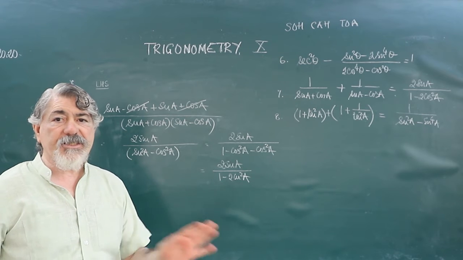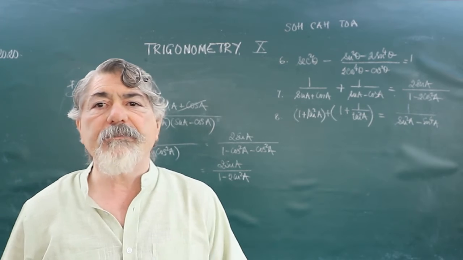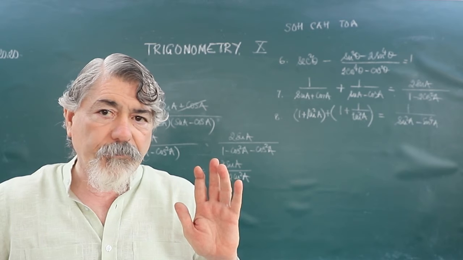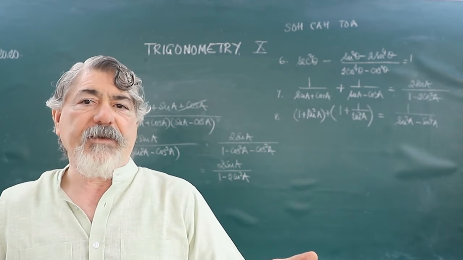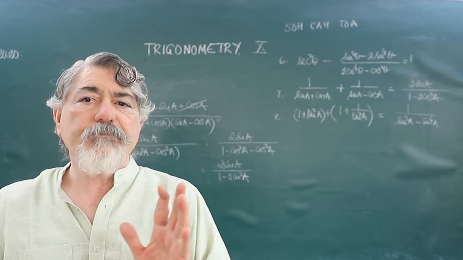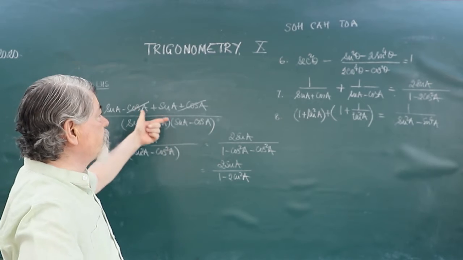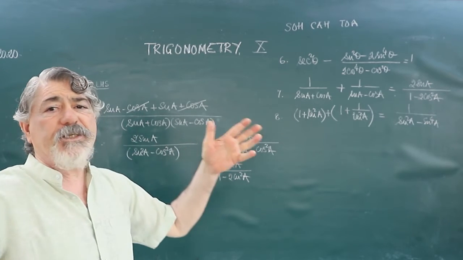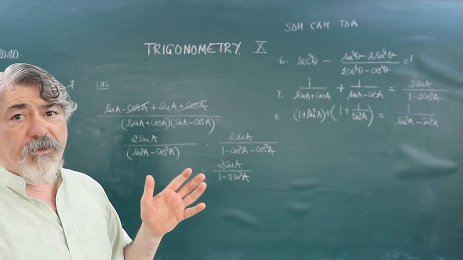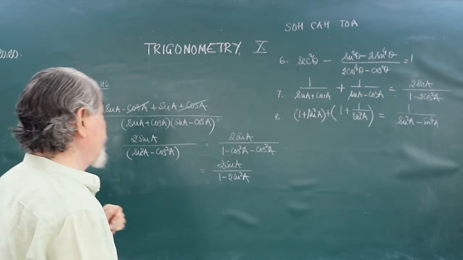So you will realize yourself after some time, it is nothing but manipulation. You are going to look at the right hand side. From the left hand side, how are we going to get the right hand side? That is what we are doing, and we are using principles which are known to us, or simple algebra. A plus B, A minus B, A square minus B square. Of course that calculation will be there. A lot of application of algebra, factorization and everything will be there.